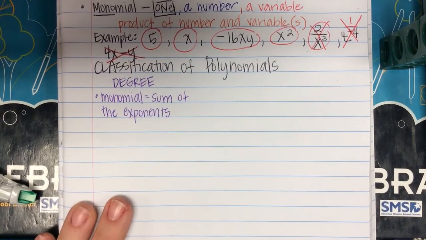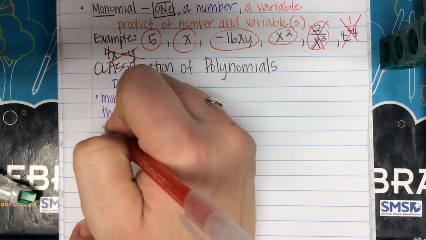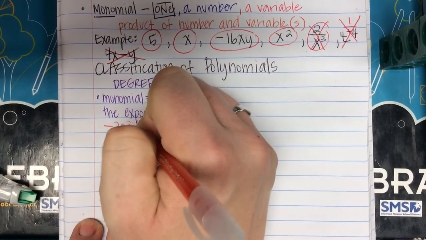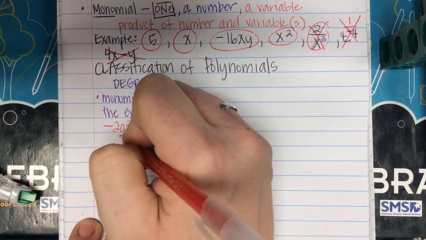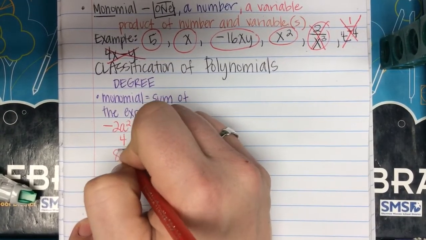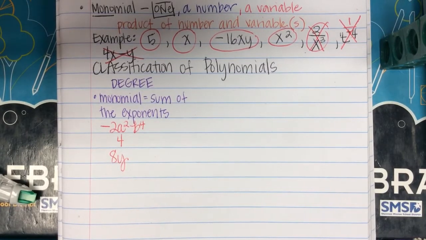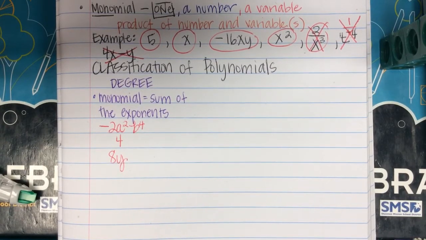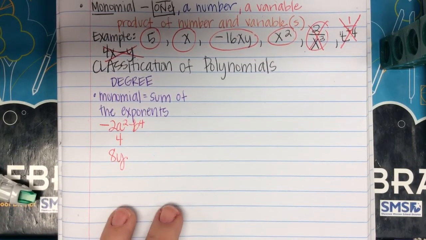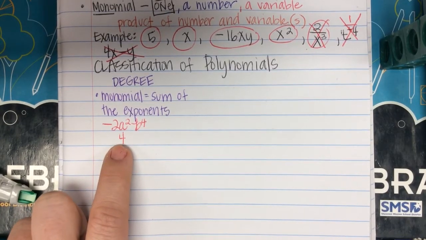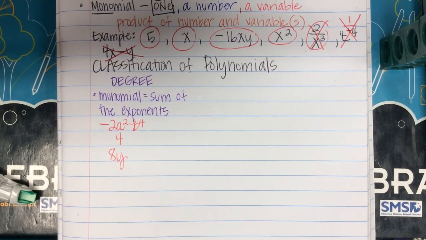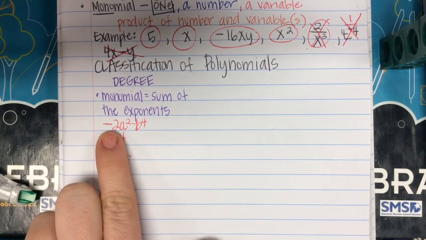So here's an example. Negative 2a squared b to the 4th, 4, and 8y. Those are three different monomials. The degree of a monomial is the sum of the exponents. So if I look,